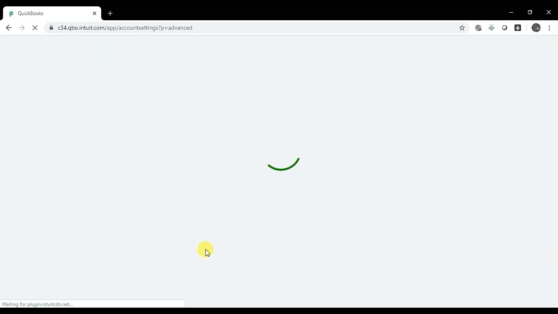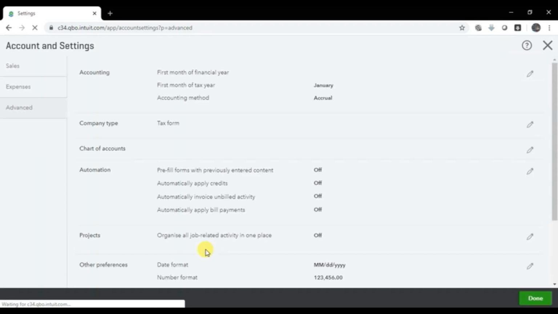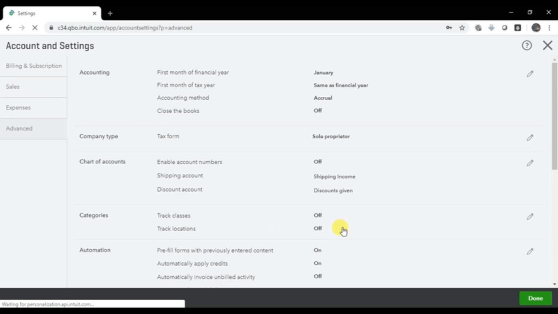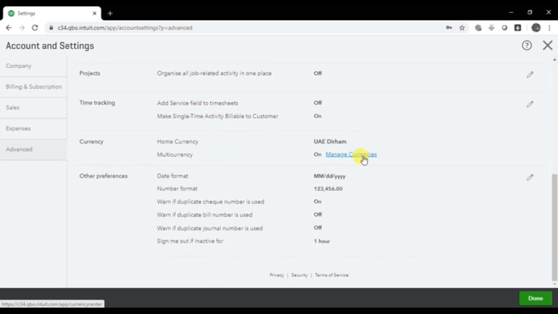Okay, look, sometimes if the internet is slow, it will not accept that setting. So here we have this currency section. You can click on this Manage Currency. When you click on Manage Currency,